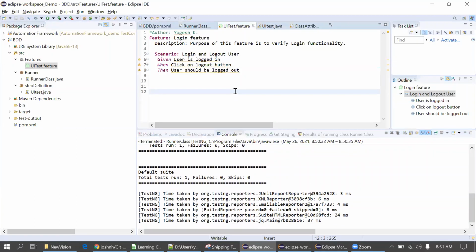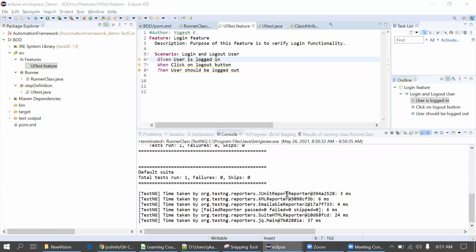Now, what is this Given? You understand, guys, for this? Any questions here? Yes, tell me. Are there only these keywords used?